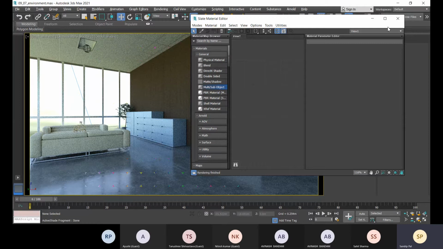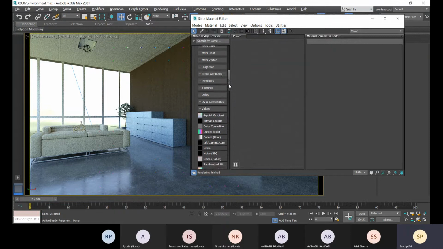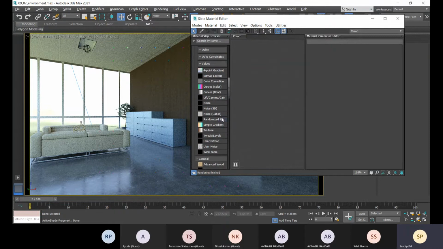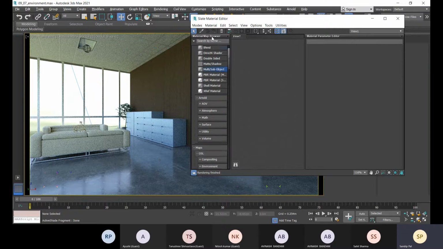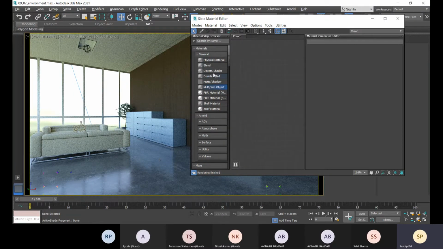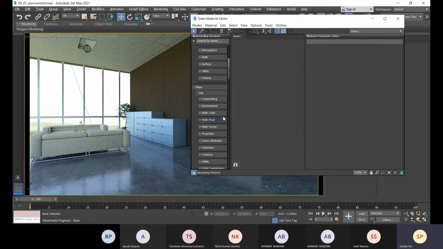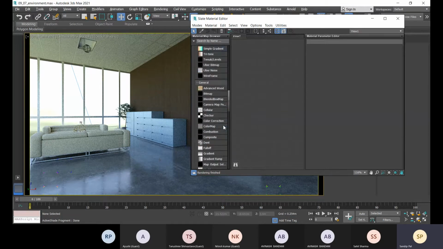Okay, so this is your window, and this is your material map browser, with all the materials and maps. You can get this list from this browser. Here you see these materials, and some maps as well.